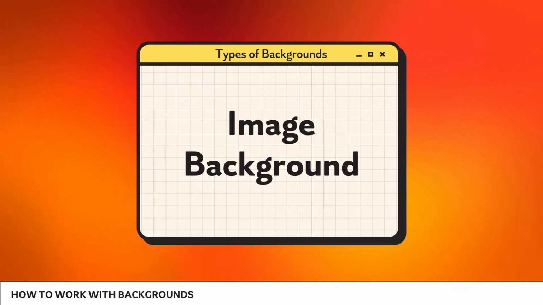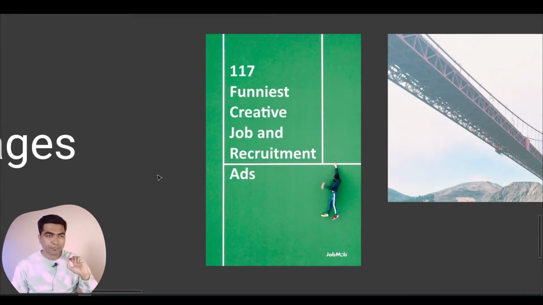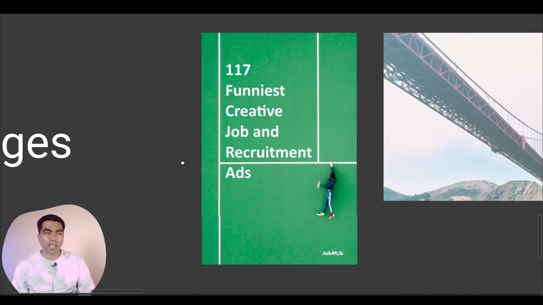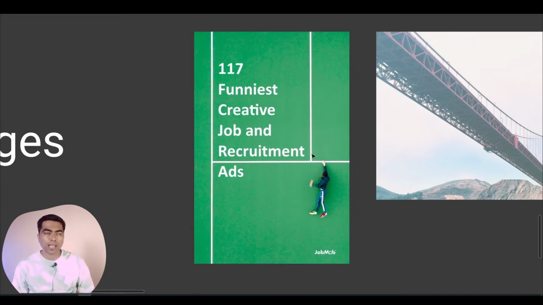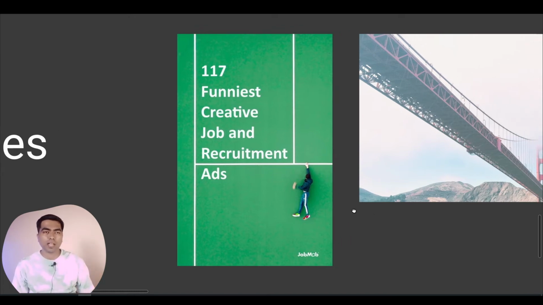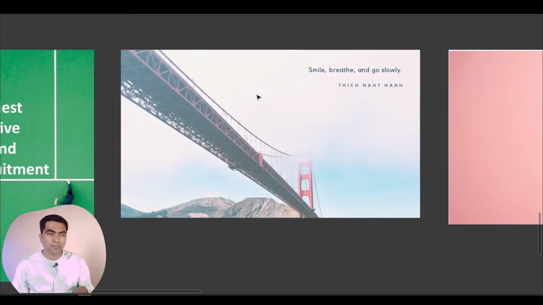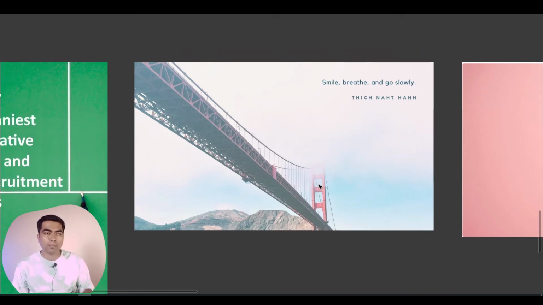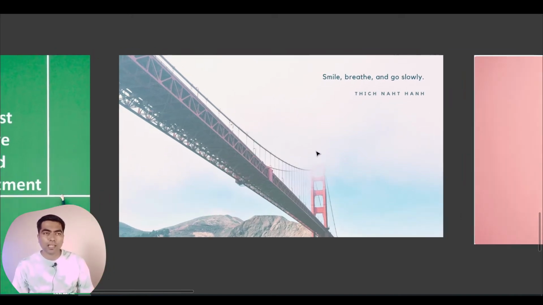Lastly, I'll be showing some examples where people have used images. For example, in this one, they have used a cropped image of a tennis court to create this design, and this is using the lines on the image itself as a container. In this one, they have used the sky for this blank space, but I feel that they have also manipulated this image with sort of a white gradient which has faded in this direction, so that this area is very blank, and then they can use that area to add their text.